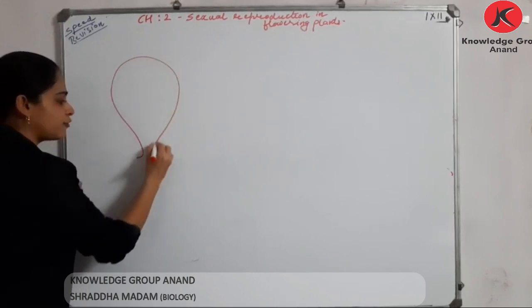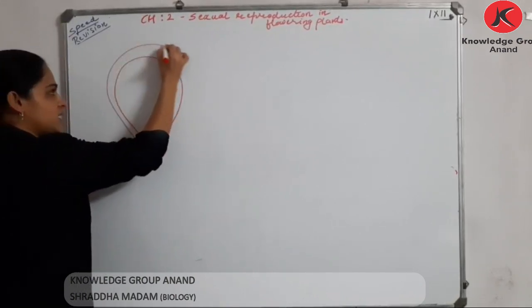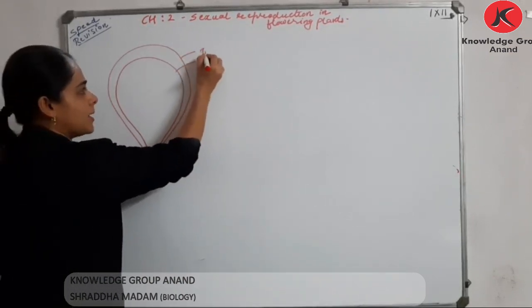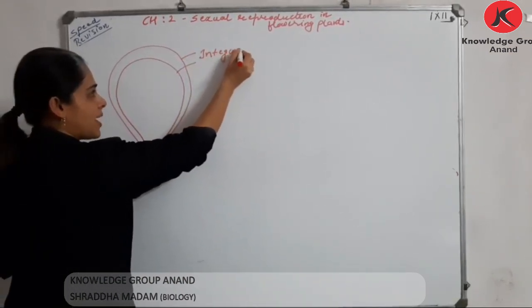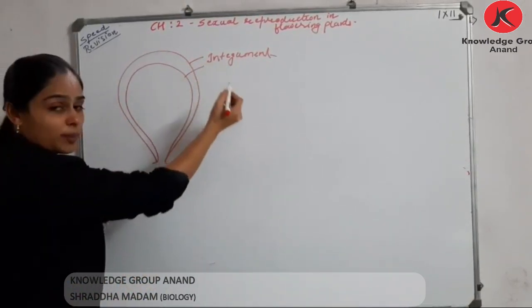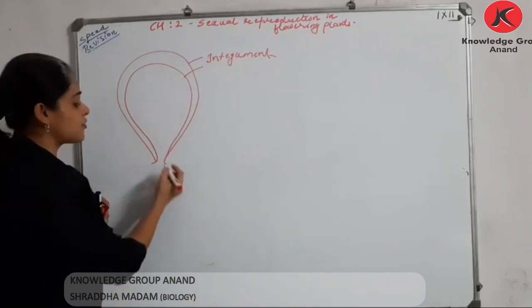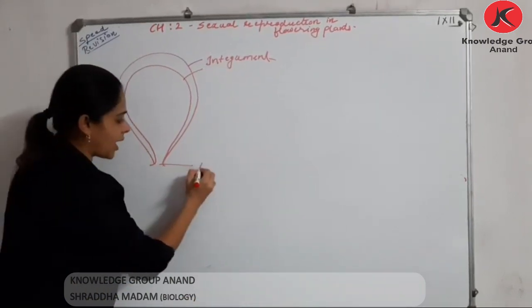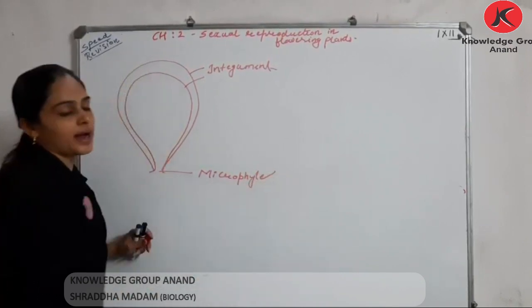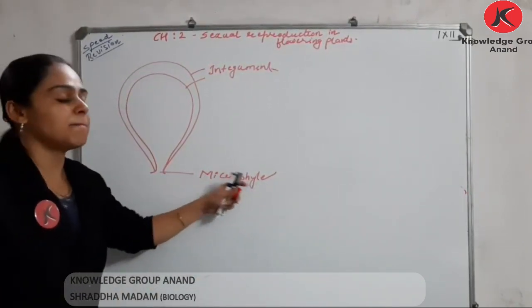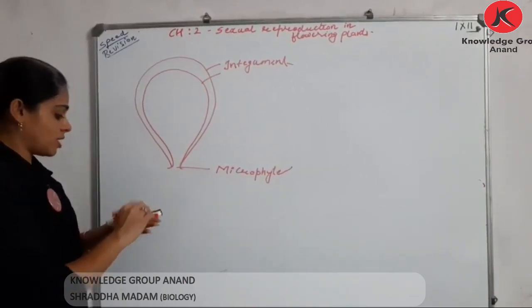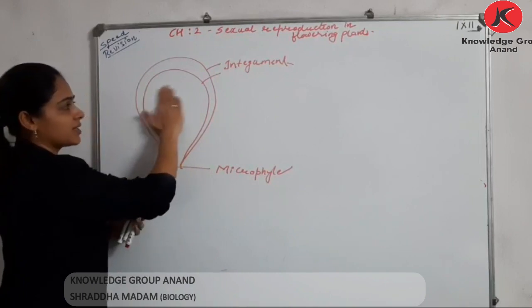This ovule has two coverings, right? This is what I mean by integuments. Integuments are nothing but covers, outer integument, inner integument, right? They are arranged in such a way that leaving a pore behind, and this pore is called as your micropyle. Am I clear? Okay. Now, apart from this, inside this integument,